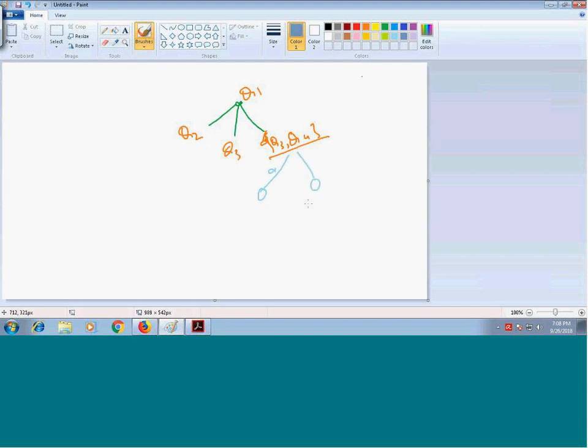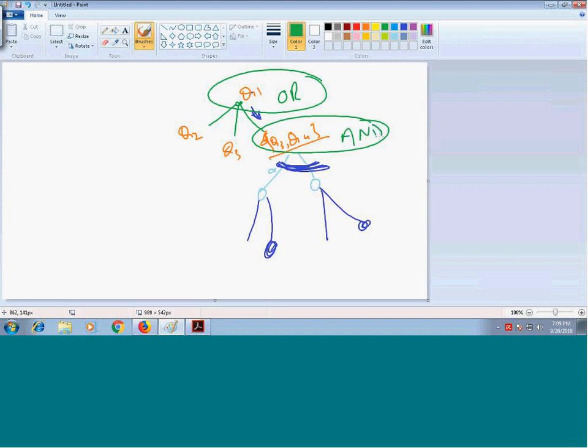So what's required is this: you are in this state and you take this particular action so that you move in this direction, and here more than one state is there. So in both the trees, you need to find some state that is a goal state. In OR places, you are not going to stop; all the routes should be followed. But in AND places, this is an OR point and this is AND. This is where all the branches you should traverse and find a solution for them. In OR, you can choose one of them and go ahead.